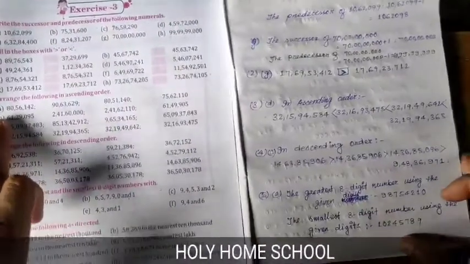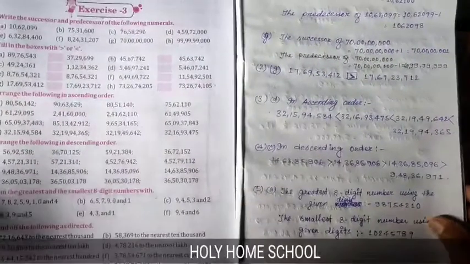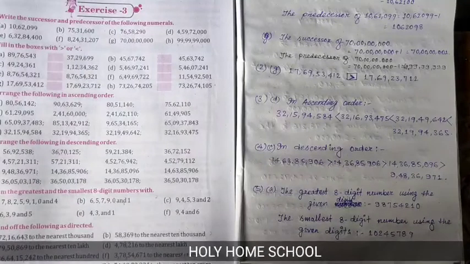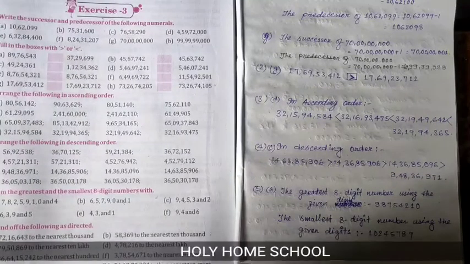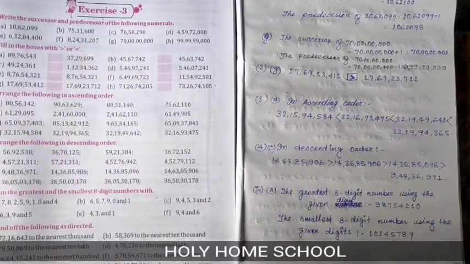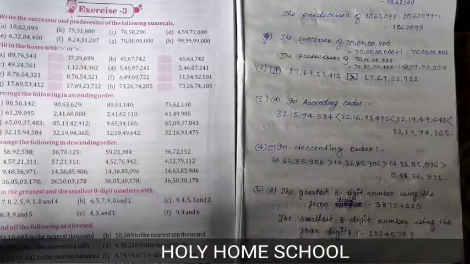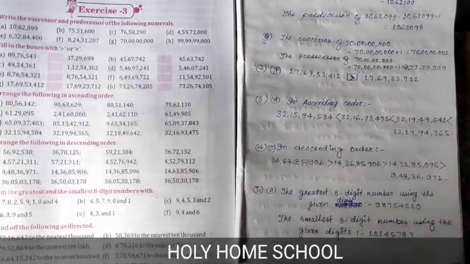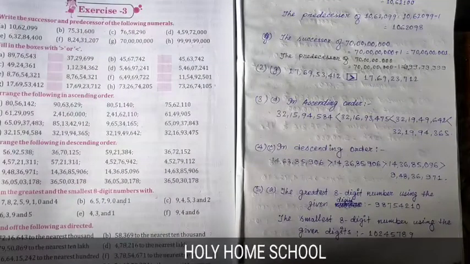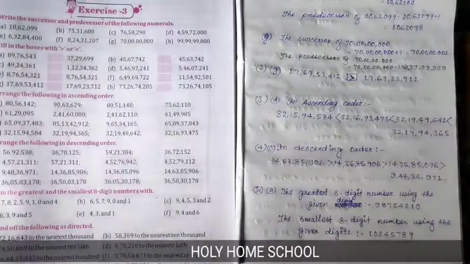3. Arrange the following in ascending order. Ascending order means increasing order, gradually increased one by one. It means बढ़ता हुआ क्रम. So in ascending order, when we write the numbers, we write first the smallest one, and thereafter consecutively the greater one.